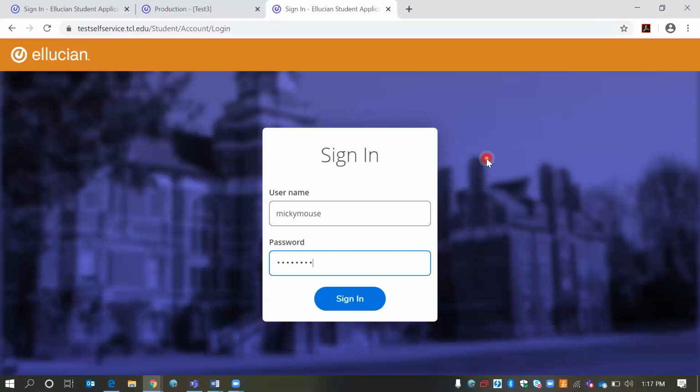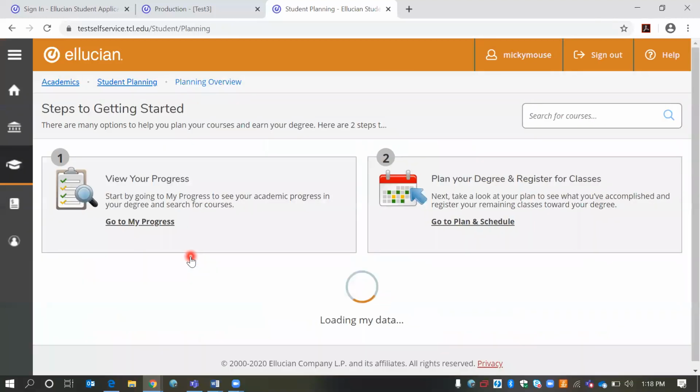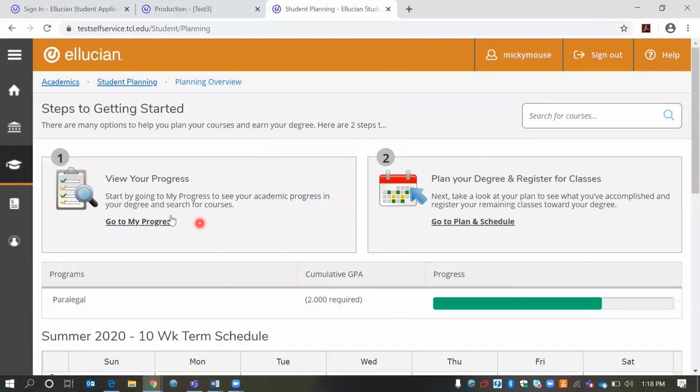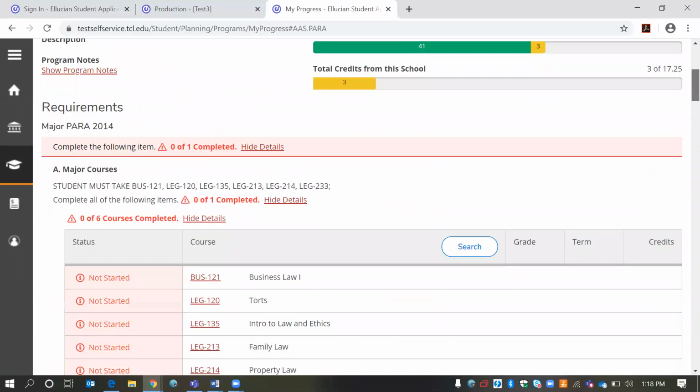To add eligible courses during the swap and drop period, log into your self-service account, which can be accessed through the TCL homepage. Once you have logged in, choose the Student Planning tab. On the next screen, you will click Go to My Progress. This will show you a list of all of the program requirements for the program that you are pursuing at